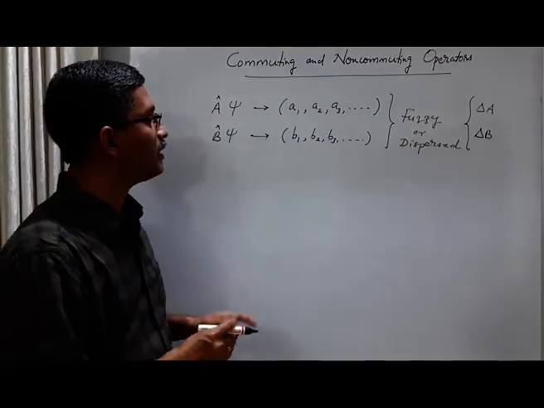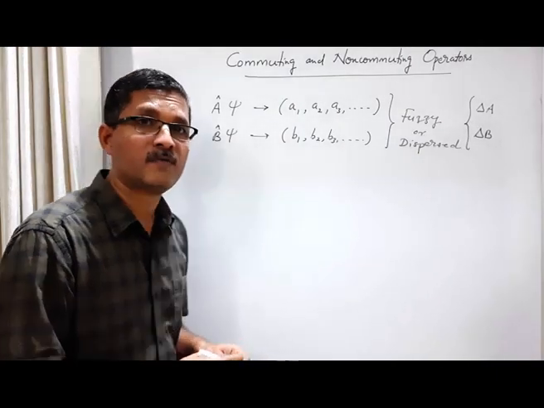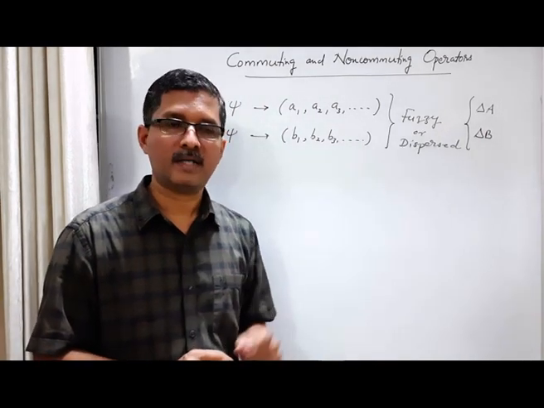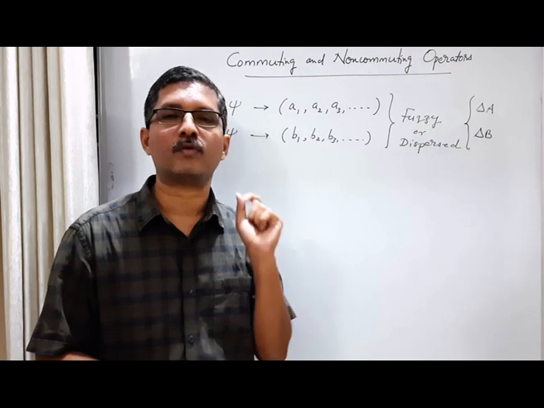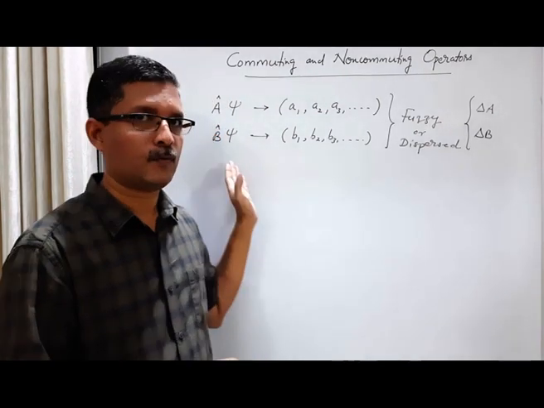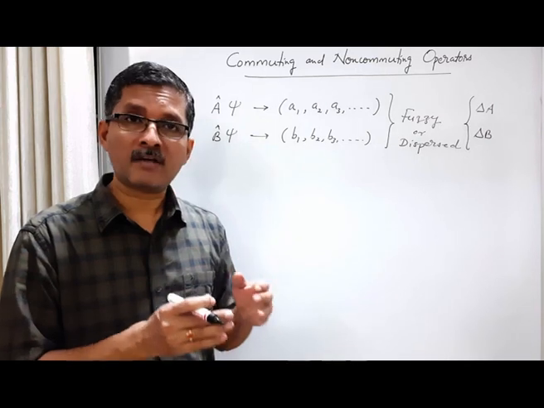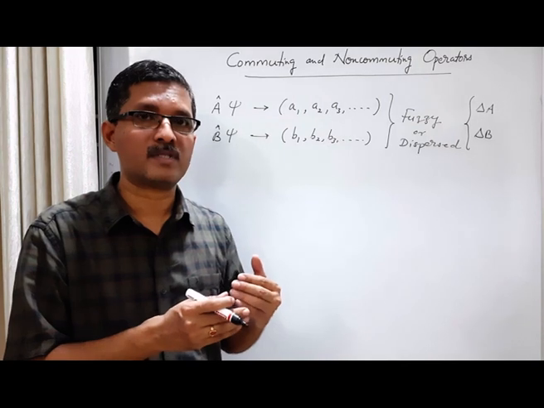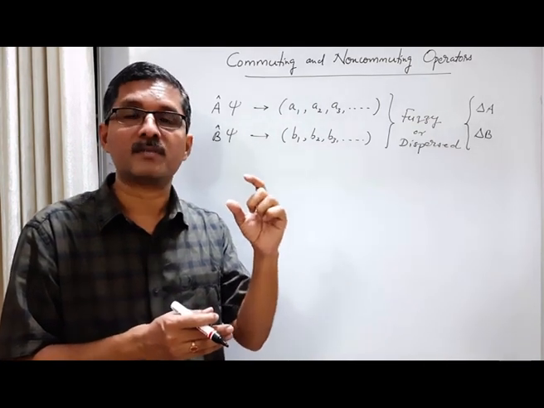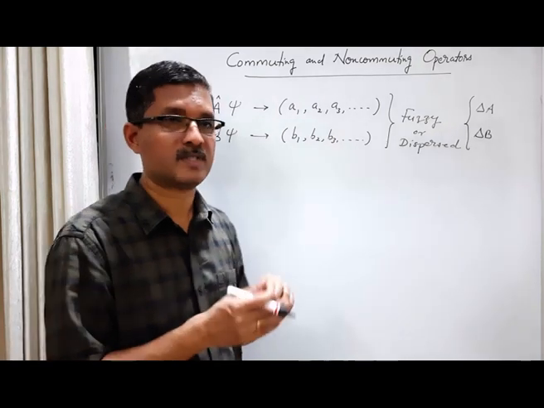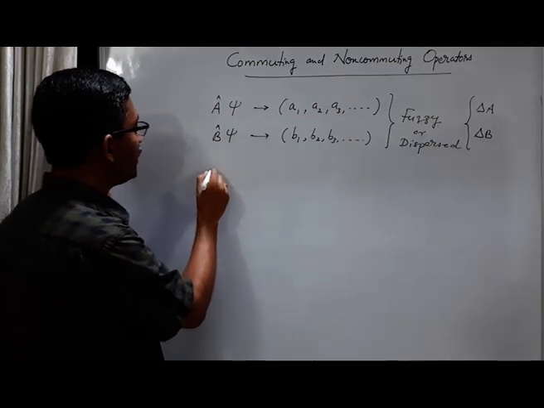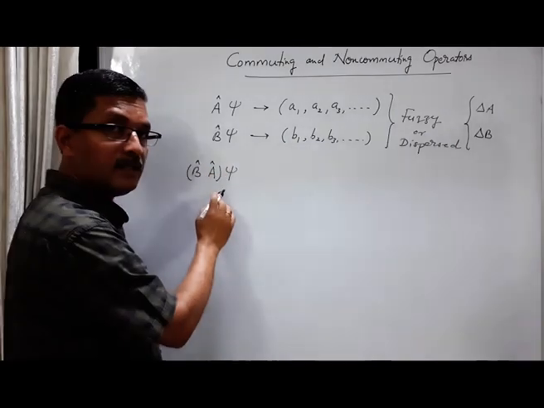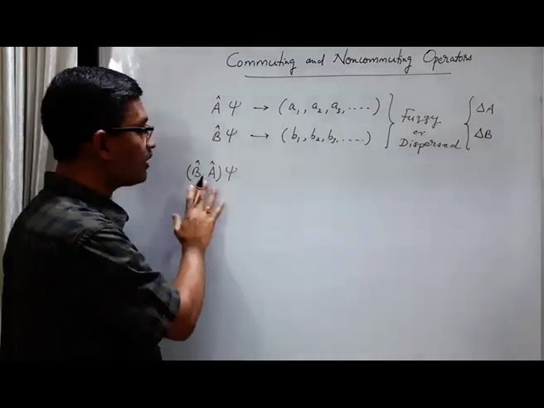Let us consider another possibility as before. What happens when we sequentially measure A and B in the same member of the ensemble? Take one single member of the ensemble and measure A and B in the same member, not just in the same state. We first measure A and then measure B in the state psi. Remember, psi is not an eigenstate of either A or B.